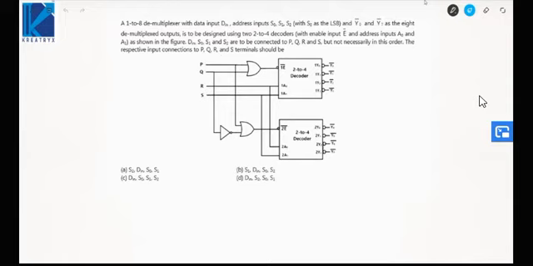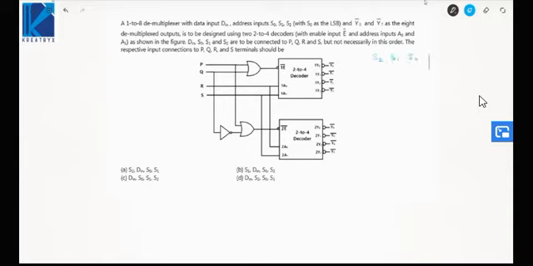Next problem. A 1:8 demultiplexer with data input DIN and address inputs S0, S1 and S2 with S0 as LSB and Y0 to Y7 bar as the 8 demultiplexed outputs is to be designed using 2 to 4 decoders with enable input E and address inputs A0 and A1. DIN, S0, S1, S2 can be connected to P, Q, R, S but not necessarily in this order. So basically it wants to design a demultiplexer. Okay. So if it wants to design a 1:8 demultiplexer, then that means